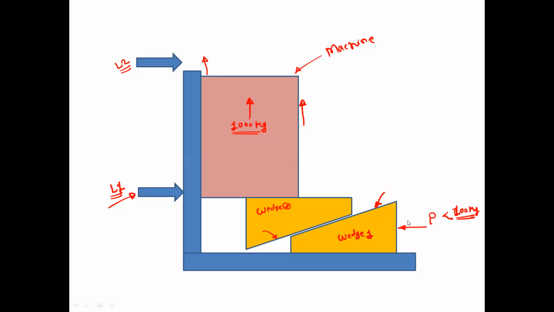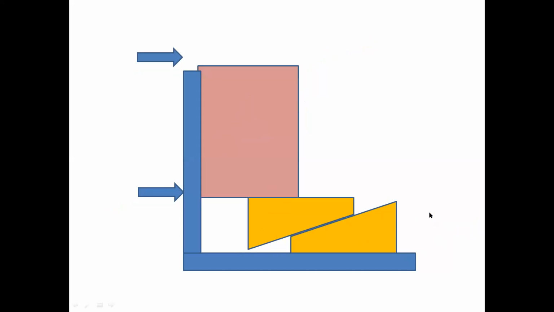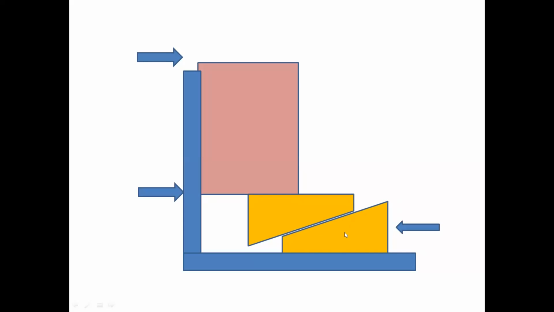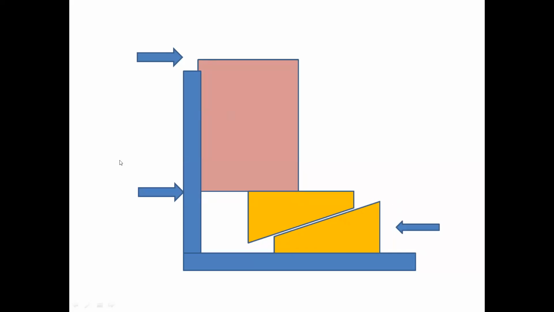So how is this motion carried out? By applying the force P. You can observe here in the animation. We will apply one force P, let us take it as 100 kg. When we apply that force, you can observe the sliding motion between these two wedges. Because of this sliding motion, wedge 1 will move in the leftward direction relative to wedge 2. This is wedge 2.